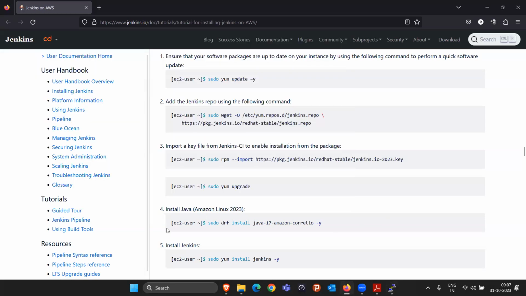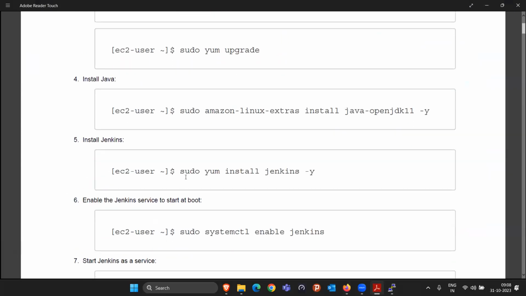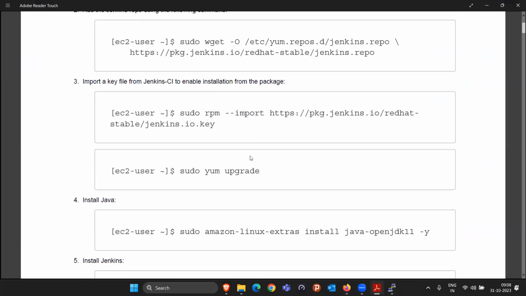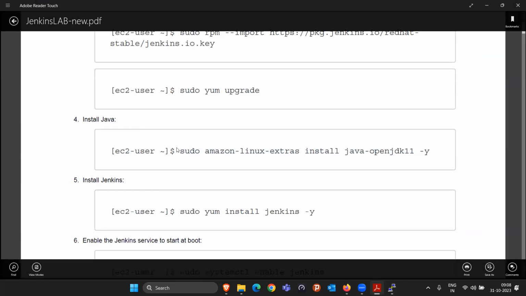Now in this fourth step, they are installing Java on Amazon Linux 2023. If you are using Amazon Linux 2023, you can simply copy and paste this command and your Java will be installed. But we are using Amazon Linux 2, so this command is not going to work in our case. So you have to come to this documentation. Here you will see an option called install Java. Up to here, we have already done all these things. For this install Java, you just copy this command to install Java,